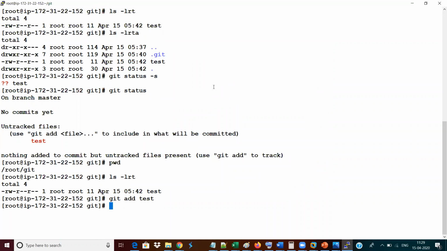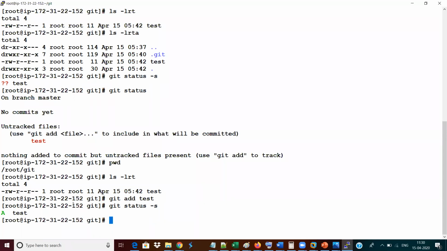If it is added in the .git folder and you run the same status command, the status command will show you a different output. Check out how this output looks. Now the same status command I'm running is not showing like earlier, with a question mark. Now it shows a symbol, which means the data has been added. And it is showing in green color, not red, because red is a danger symbol. Now it is a pleasant symbol, which shows that the data has been added into your .git folder without any issues. So your .git folder is now holding the content, and your data has been added successfully.